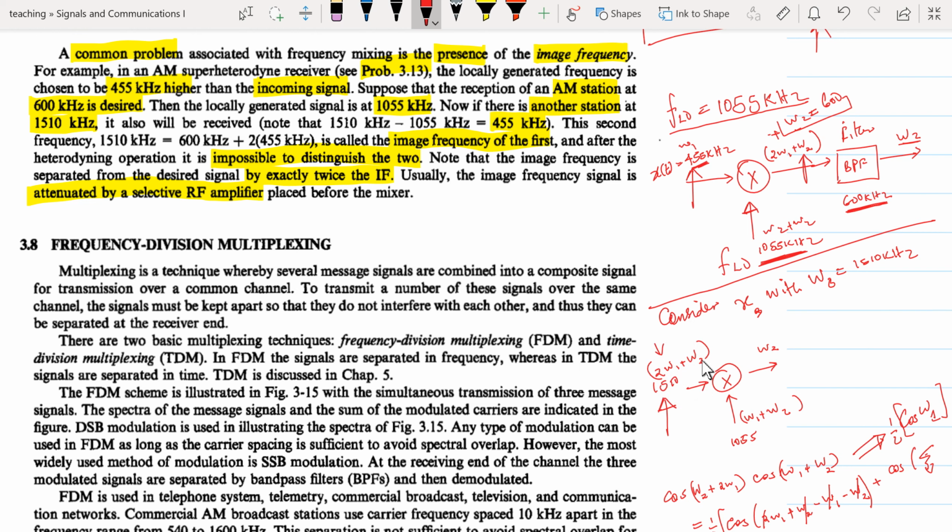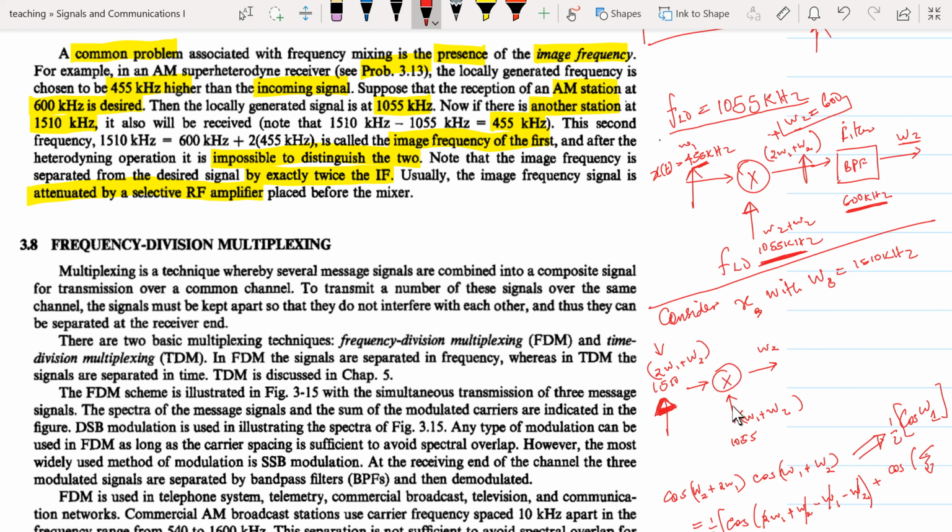Of course, this is true because 2 omega 1 is 2 times 455, which becomes 910. 910 plus 600 becomes 1510. Exactly. So we are saying that if this other frequency appears in the incoming signal again, then what we'll do